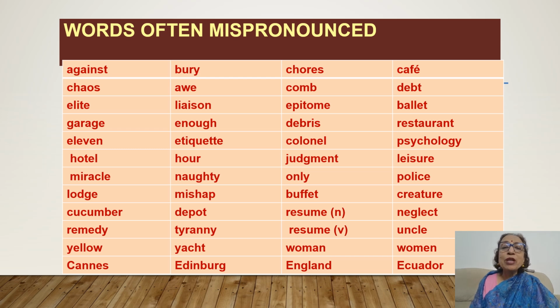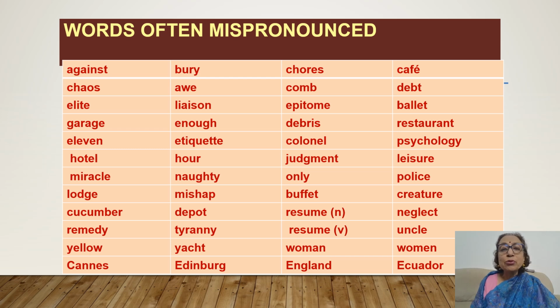This is pronounced like berry, berry. Although U is written, it is pronounced as E. Awe, liaison, enough, etiquette, hour, naughty, mishap, depot, tyranny, yacht,